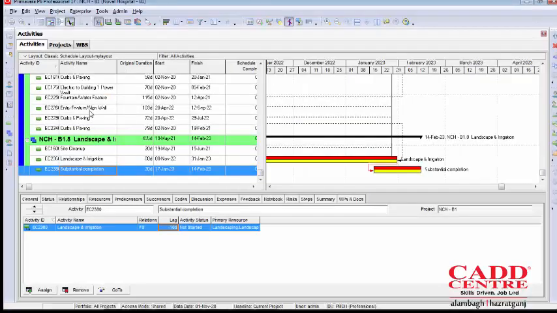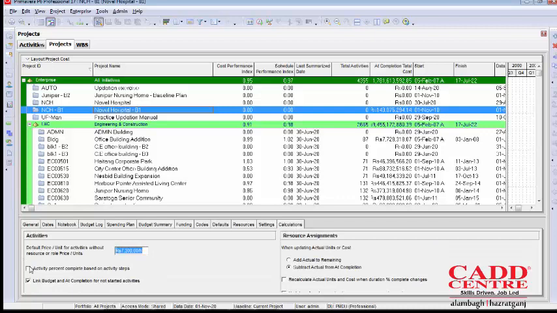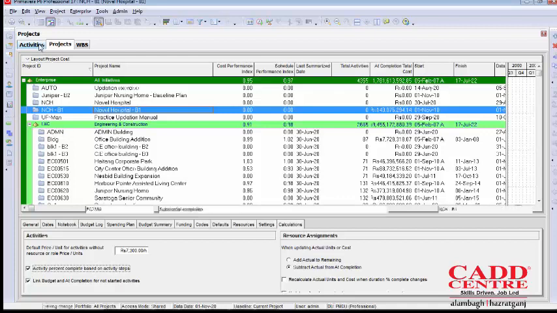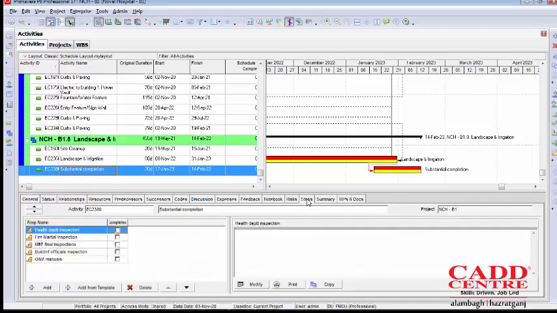Open Primavera software. Now we'll move to the project tab. Select the open project on which you are working. Click the calculation tab from the bottom layout and check the box activity % complete based on activity steps. Now we'll fulfill the second condition from the activity window. Go to the activity window and select the activity for which you have specified the steps, like I have chosen the substantial completion task, for which I have specified a few steps for its completion.